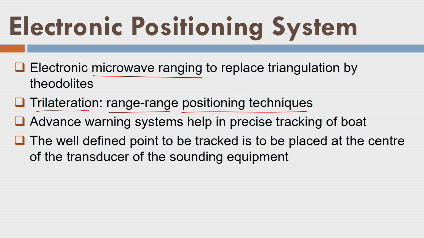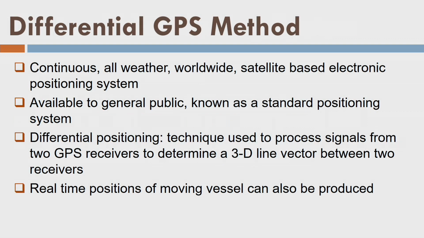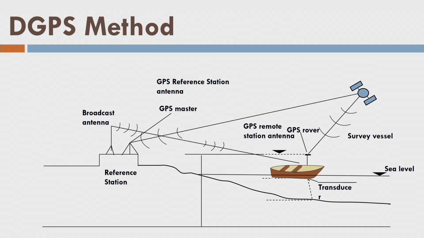Generally, this method is now superseded by the global positioning system, or what we call GPS. So now we are using the differential GPS. Because of the differential GPS, I come to know the exact position x and y of my vessel or the boat. There is a GPS mounted in the boat, and that is my rover, and there is a base station we have established on the shoreline anywhere. Generally we take a permanent station so that if we repeat the survey, we can come to know what changes happen over time in some of the positions in the sea.